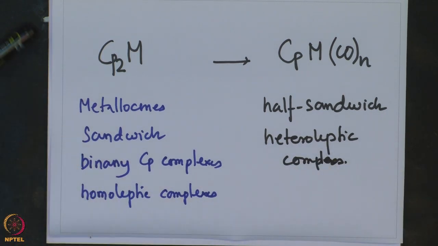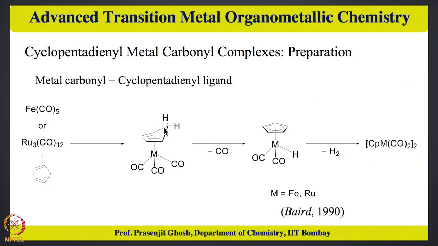So, these are particular special kinds of variations of bis Cp iron complexes, in the sense that one of the Cp rings has been removed and replaced by carbonyl metal complexes. So, in the next part of this lecture, we are going to talk about various synthetic methods that are available for preparation of cyclopentadienyl metal carbonyl complexes. The first and foremost, the cyclopentadienyl metal carbonyl complexes are directly prepared